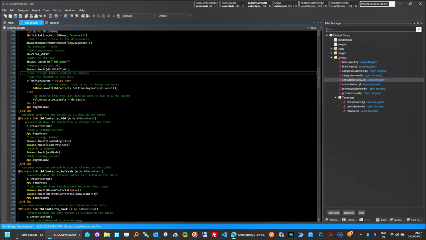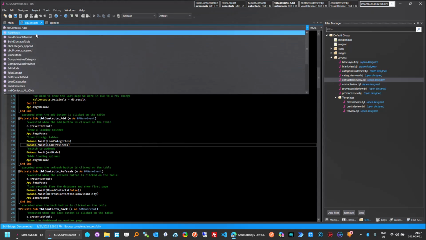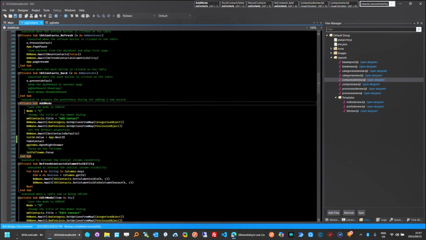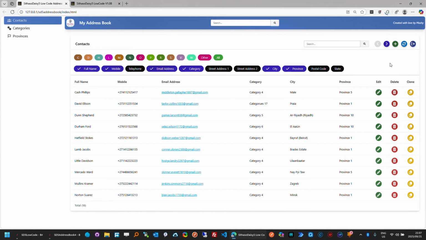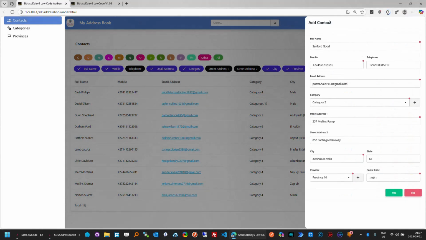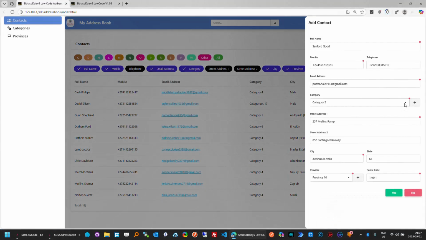And then click add, you load existing categories, you load existing provinces, and then you execute add code. Add mode, as you recall, changes the mode to C because we're creating a record, changes the title to add contact, which is what happens when we click here, add contact, as you can see. And then it loads the combo boxes, which is the selects, which is these ones, with whatever categories are